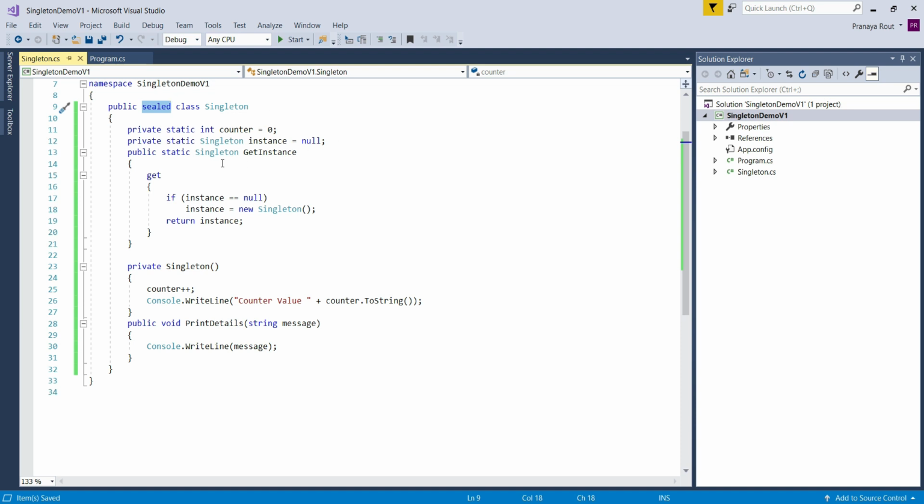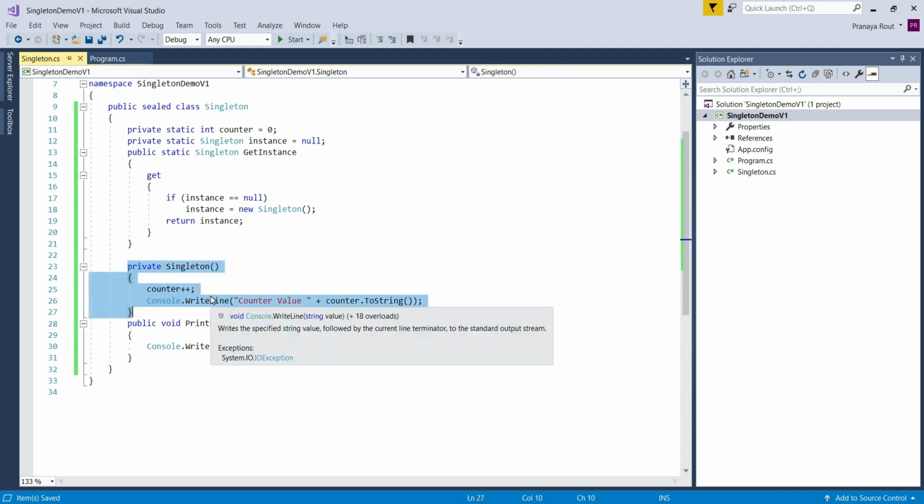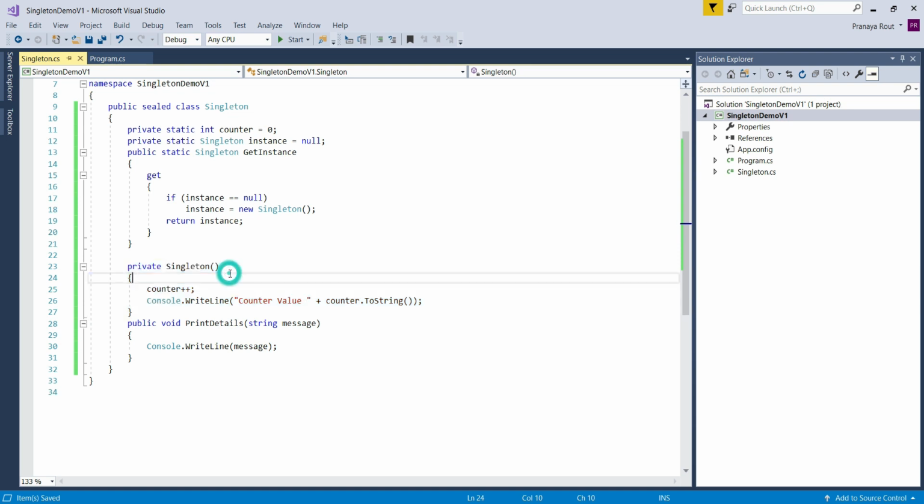Further, if you notice, the singleton class is created with one private constructor. The singleton class is created with a private parameterless constructor which will ensure that the class is not going to be instantiated from outside the class. Again, we declare the instance variable as private and also initialize this instance variable with a null value, which will ensure that only one instance of the class is created based on the null condition.